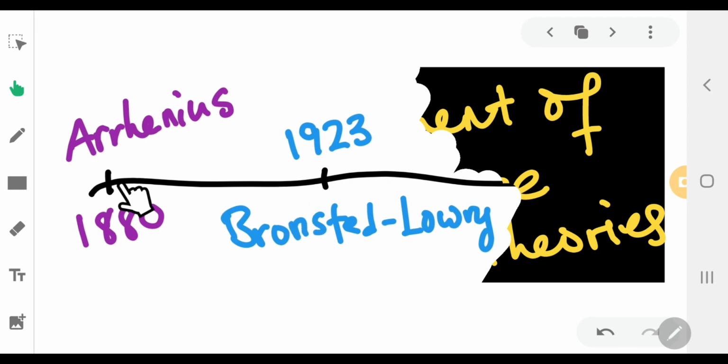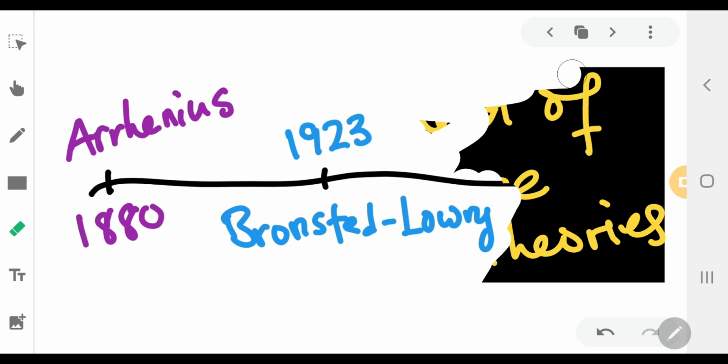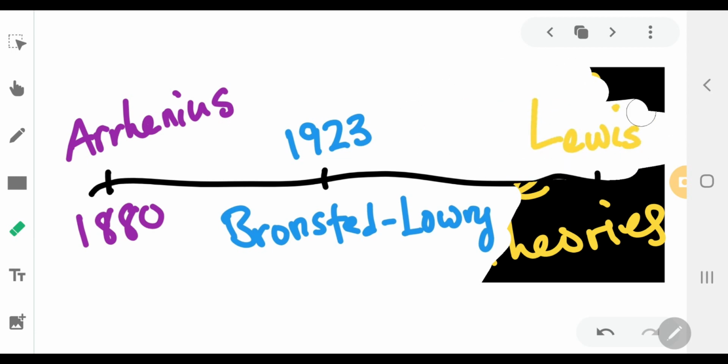So from Arrhenius, Bronsted-Lowry developed a new set of theory that complements the theory developed by Arrhenius. So what we have in Arrhenius is further developed by Bronsted-Lowry in 1923. And then what happened next? Lewis